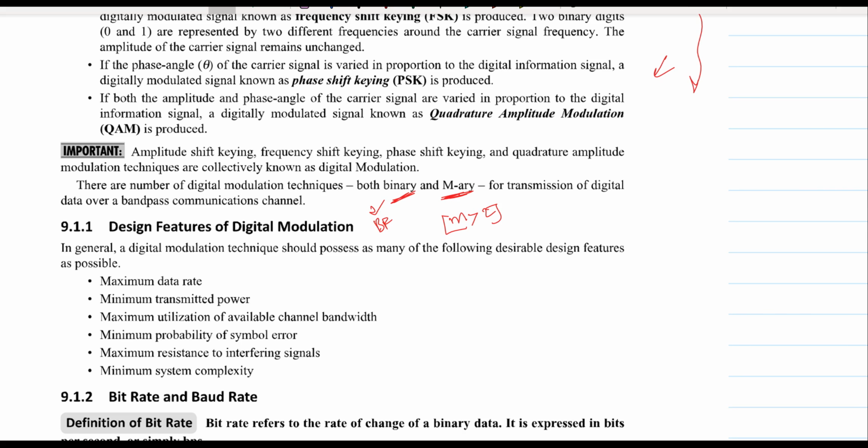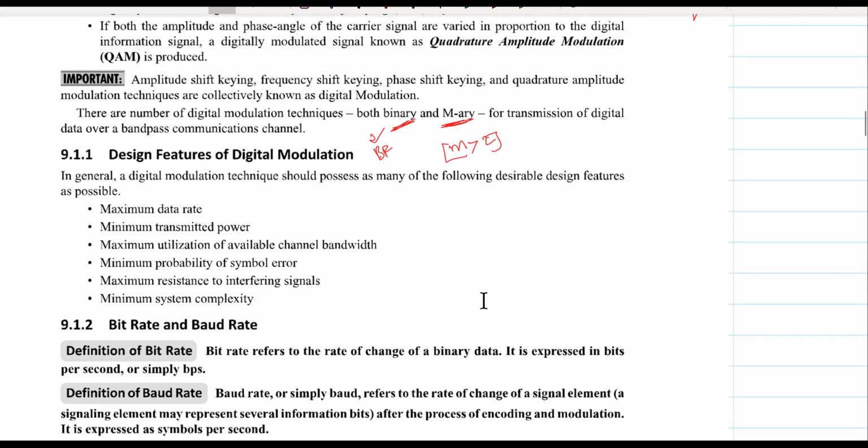And we normally say that we have some desirable features we normally seek to attain when we are designing a modulation scheme, because some modulation schemes have advantages over the others, and for that reason we might opt for one modulation scheme over the other. So generally, the design objective is that when we are designing, we normally try to maximize data rate such that you achieve the